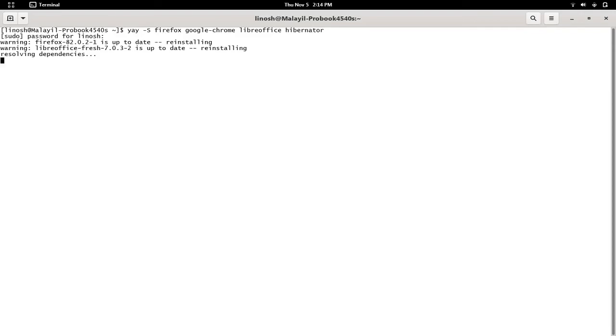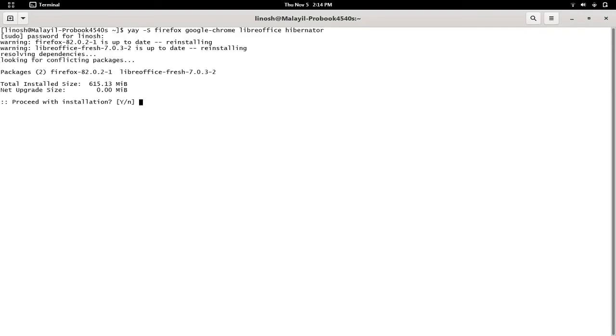And as you can see here, it says that I will have to be reinstalling these packages. And since I already have these packages installed, I'll be hitting no in this case. Then I'll type in sudo hibernator to set up and configure hibernation functionality on my system. However, since I already have hibernator set up and configured and the hibernation function enabled, I will not be running this